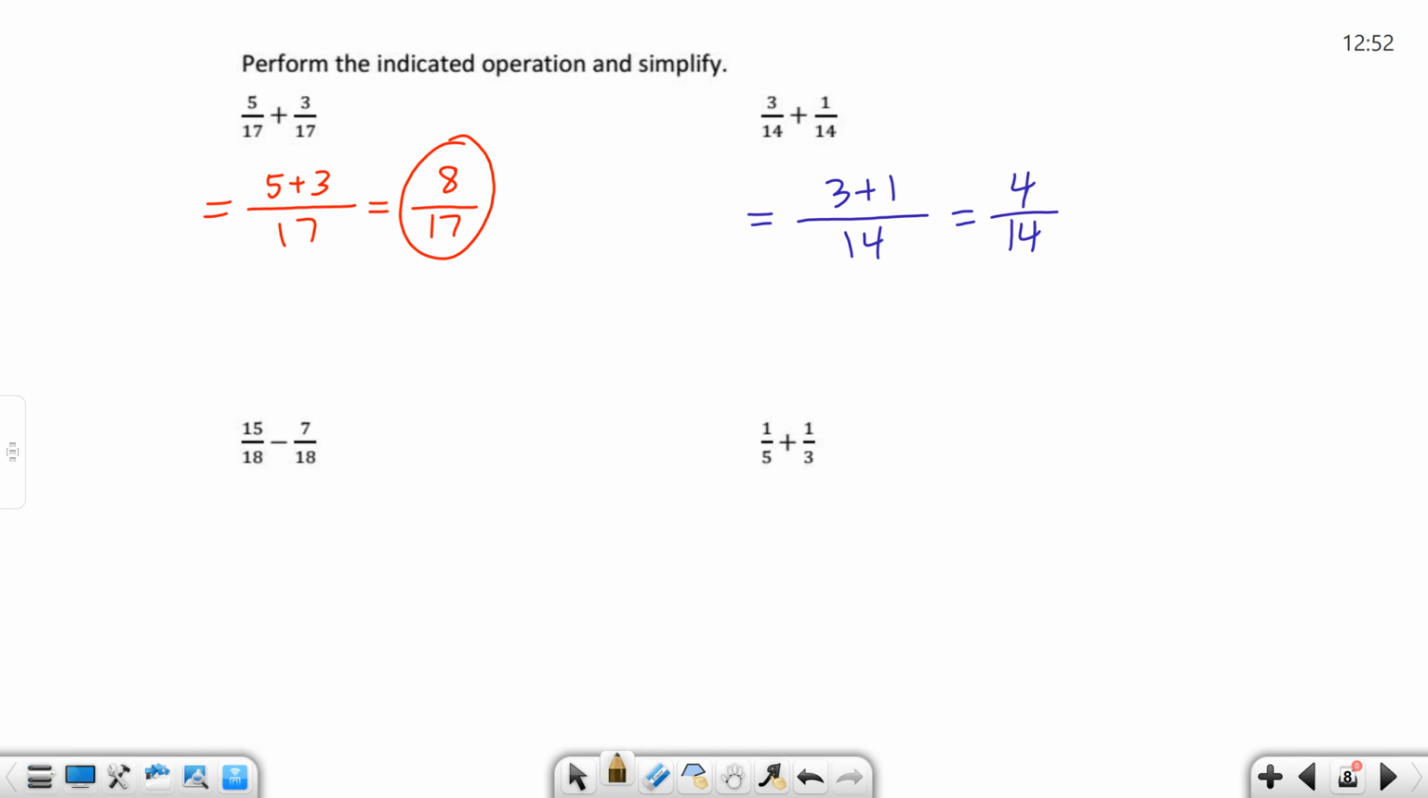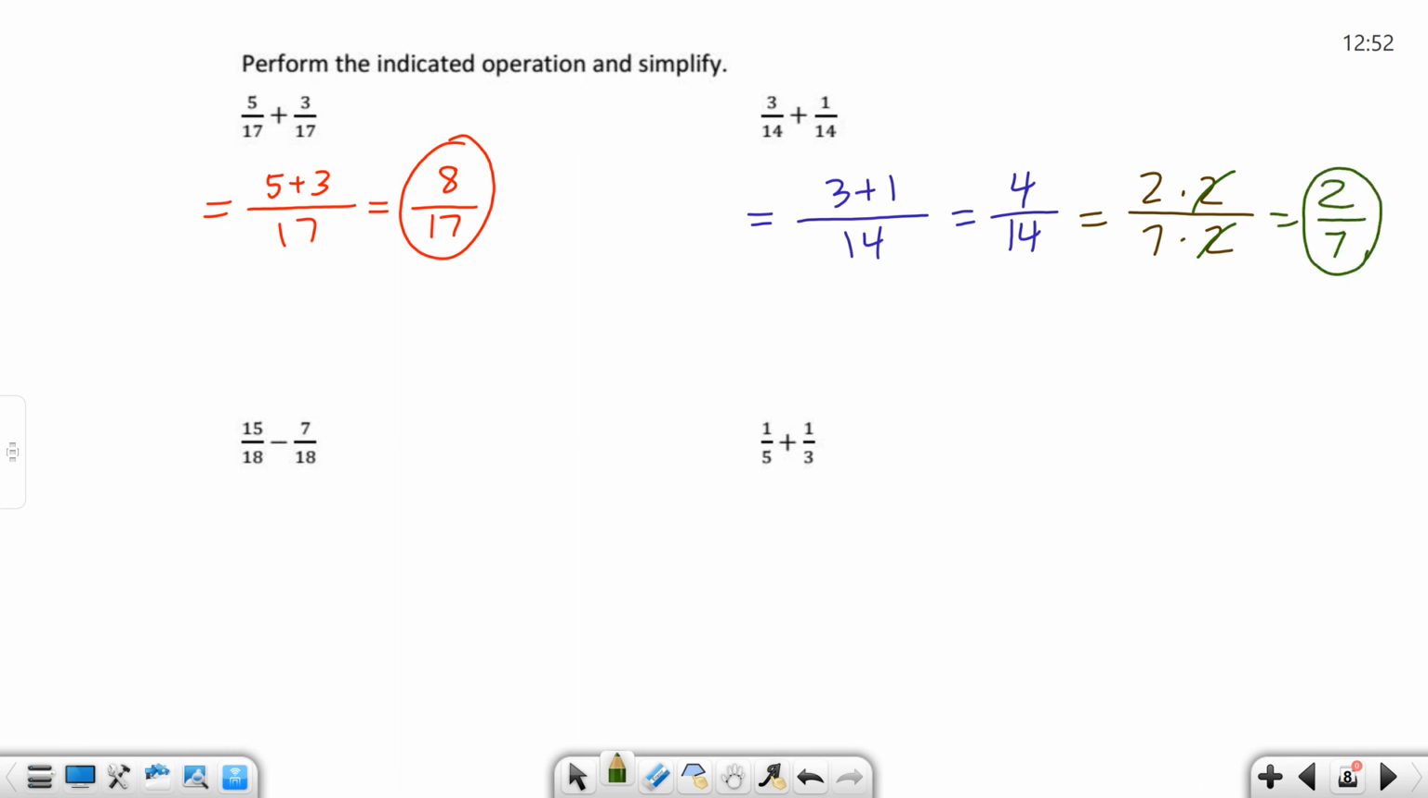Do 4 and 14 have anything in common? Yes. What do they have in common? 2. So look, if we wanted to show it, we could say, okay, this is not 4. This is something times 2 over something times 2, and it's going to be 2 and 7, right? And then the 2's divide out, and we're left with 2